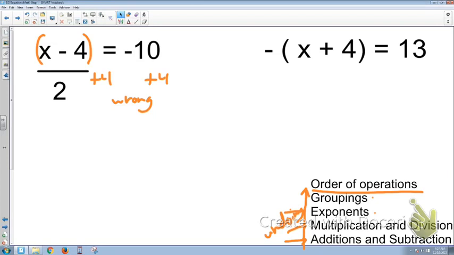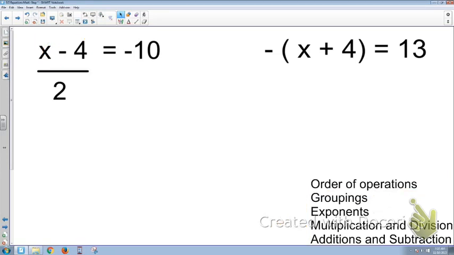You can't just add 4 to both sides because this 4 is in a group here, and you wouldn't be able to cancel a negative 4 out of this group, because this doesn't even have a common denominator. So what we're going to do instead is, there's no addition or subtraction to take care of, but there is a division to take care of. So we could actually multiply both sides by 2. I can do that first, and that cancels this out, and I'm left with x minus 4 is equal to